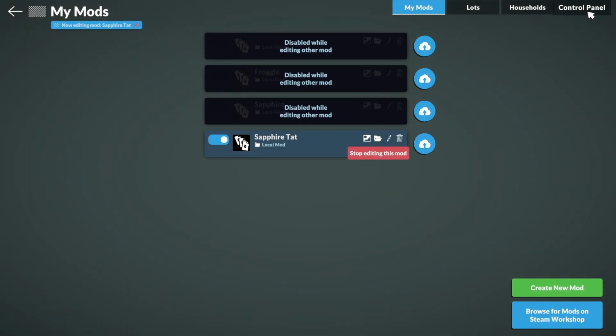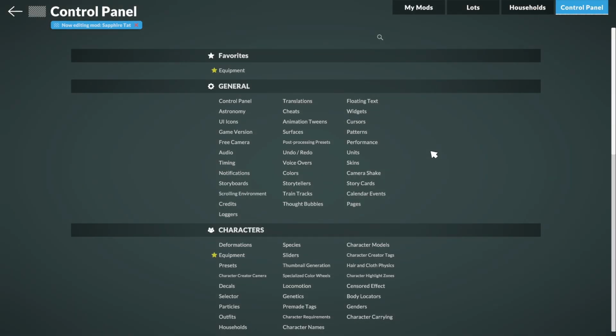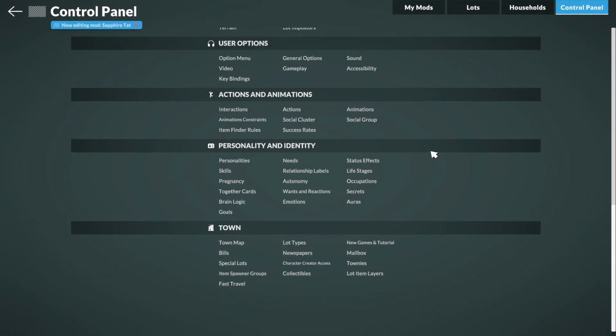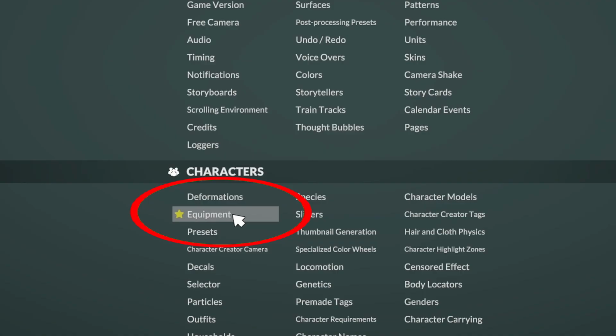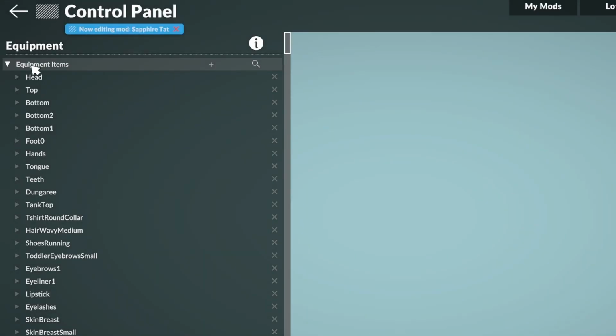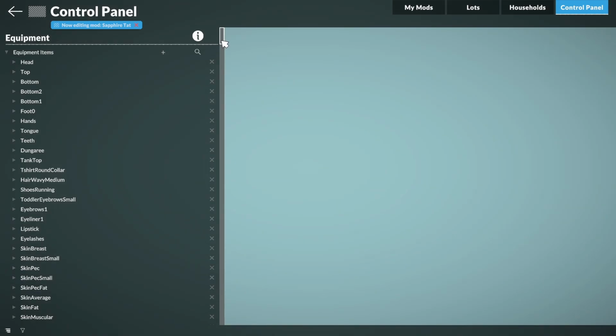Navigate to the top right of the screen and click Control Panel. There's a lot on this page, as you can see, but all we're concerned about is equipment under the characters heading. Mine is starred because I added it to favorites, but that's not necessary. On this first line that says Equipment Items, click the little plus sign, and then scroll pretty much all the